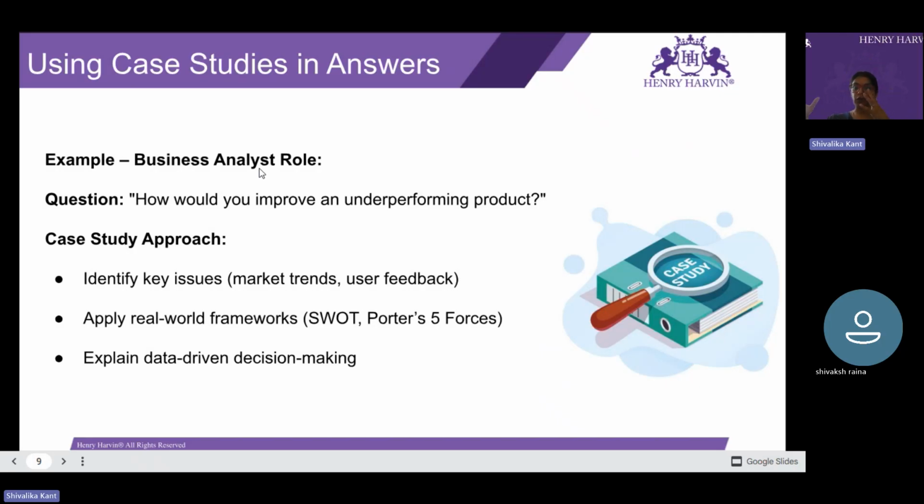Theory is what you have learned; in a case study, you apply the concepts. They help interviewers visualize you solving real problems. They allow you to stand out by giving very structured, story-based answers. Okay, so whenever you're working on your case studies, how do you approach them?